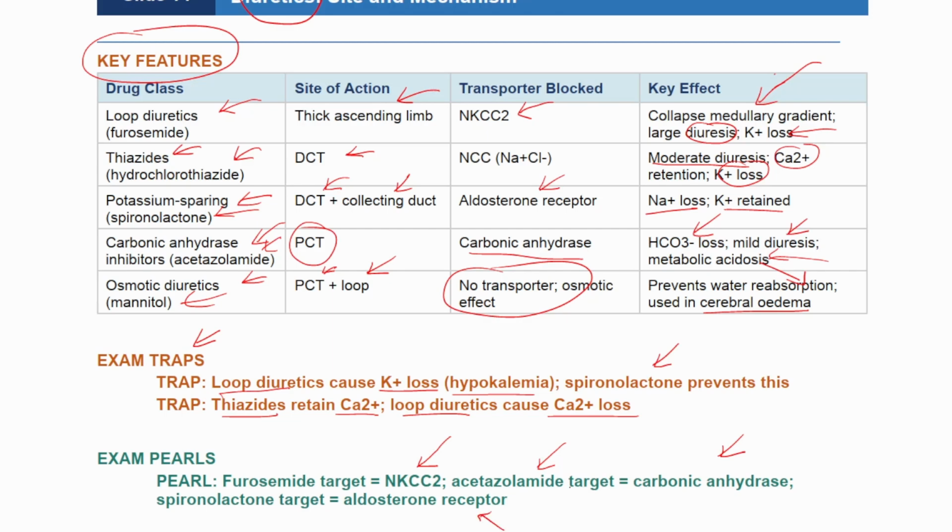It's a bit advanced for many students. So most of the students, you can just remember the names of the diuretics and discard the other mechanisms. But if you want to ace your exam, then I highly recommend you also study these kinds of depths